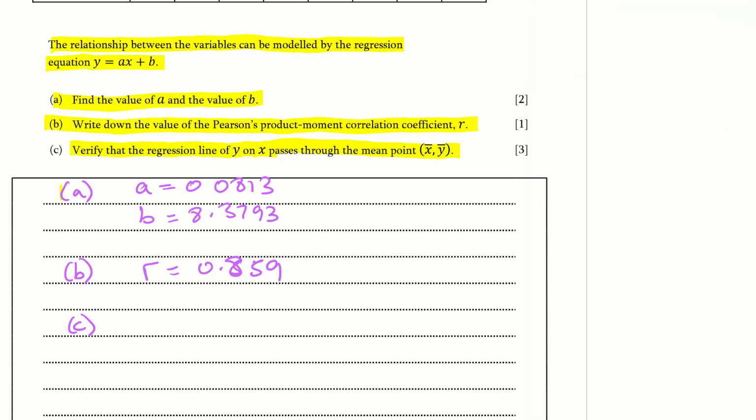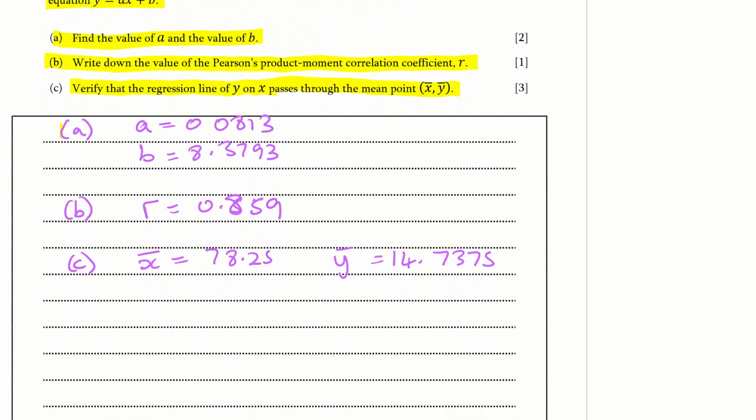14.7375. So we have x bar is 78.25. We have the y bar is 14.7375. And then we want to verify. So we're going to use our line of best fit. So 0.0813 times 78.25, add the 8.3793. Well, if you do that, it comes to